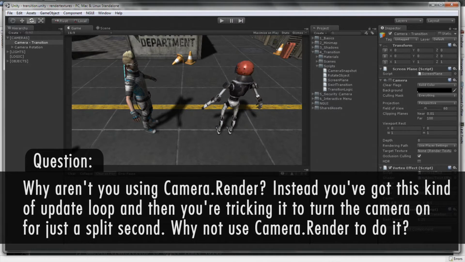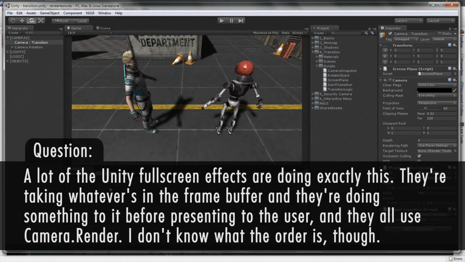If you call camera.render before everything is done, I feel like that can be out of order of the natural sequence of Unity's events. If you let it handle all of your code gracefully in on-post render, you know for a fact that you've got every single bit of your scene there and ready to go, everything's rendered, and that's essentially why I always use on-post render. A lot of the Unity full screen effects are doing exactly this. They're taking whatever's in the frame buffer and doing